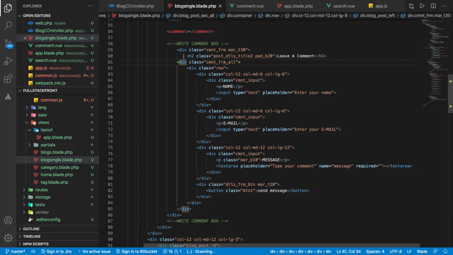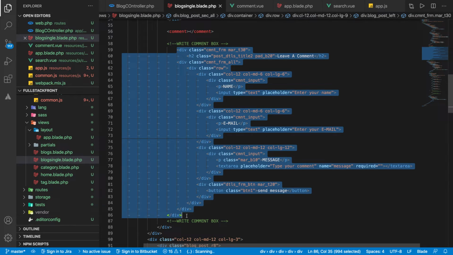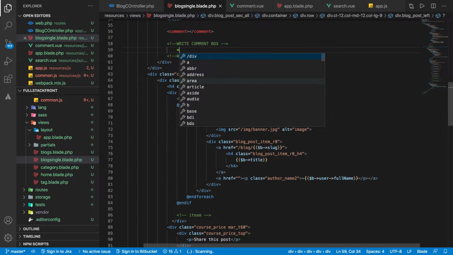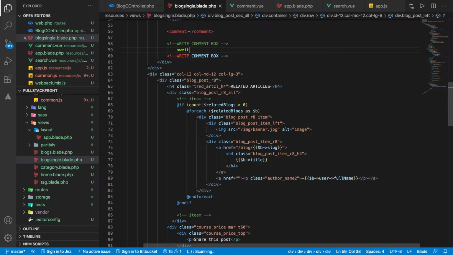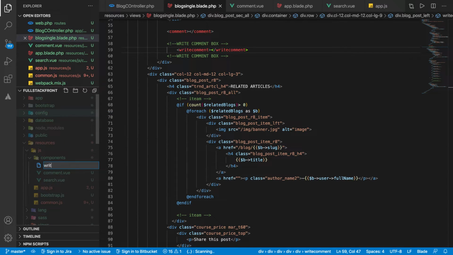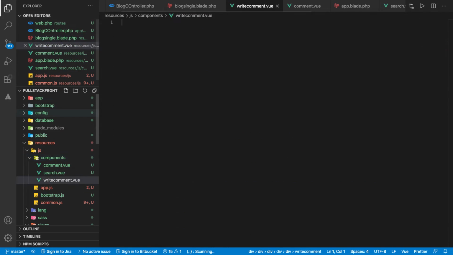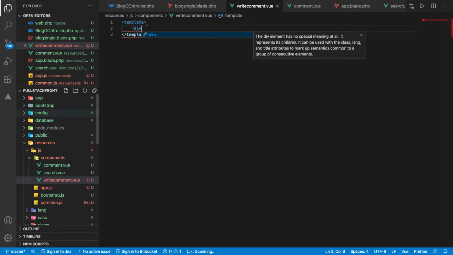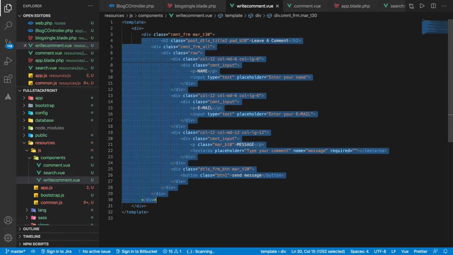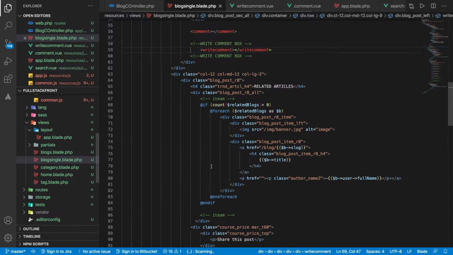So for the comment box you can create another component exactly, and you can actually take this. So let me just do it for the final show. Let's write comment. This is the name of the component, let's say. So we are going to have it write comment dot view, and here what we are going to do is these things. Perfect, right? Write comment. So we remove the code from there and add it inside